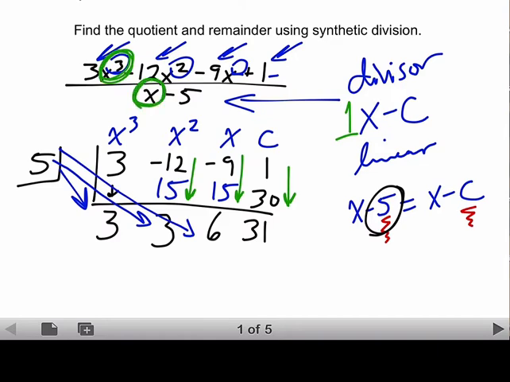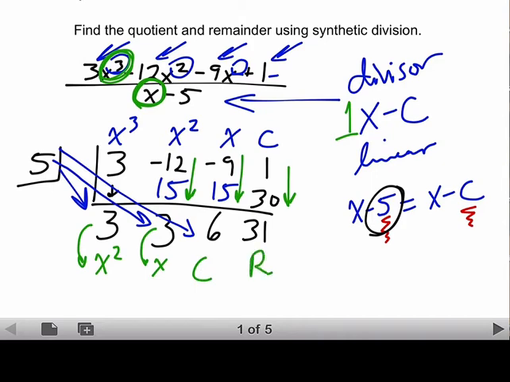That x cubed divided by x is going to become x squared. The rest of the exponents will follow suit, and so 3 corresponds to x squared, the next 3 corresponds to x, 6 is our constant, and then 31,